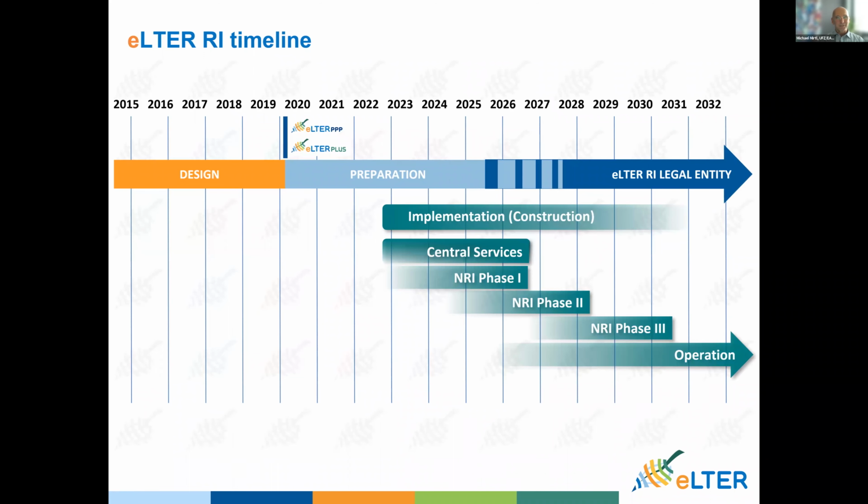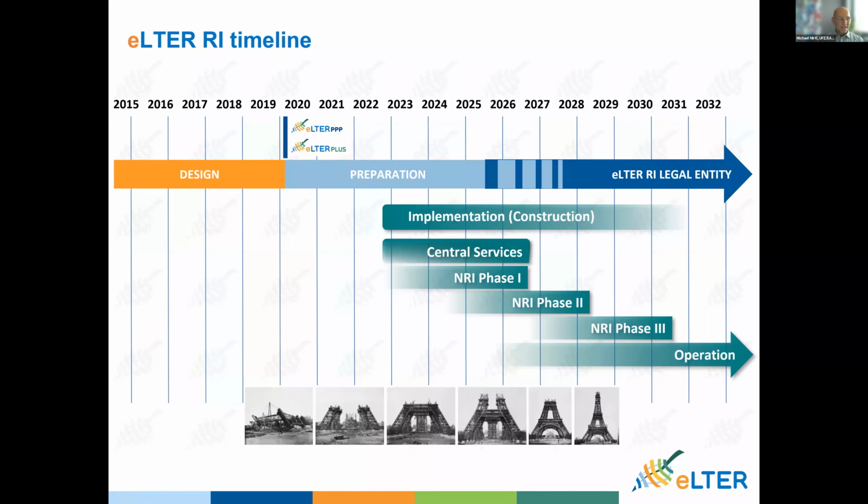Last but not least, there is a timeline, and the timeline is tough. We currently manage 2 flagship projects, the eLTER PPP focusing on formalization aspects of the infrastructure, and the eLTER Plus, which is the science component, the science angle, closely linking the development of the RI to true scientific needs, and also piloting service solutions that will then be, of course, extended in the course of the implementation of the research infrastructure. We like to compare that with the construction of the Eiffel Tower, which took quite a while, but then now you have the fancy Eiffel Tower and everyone is keen on taking a selfie